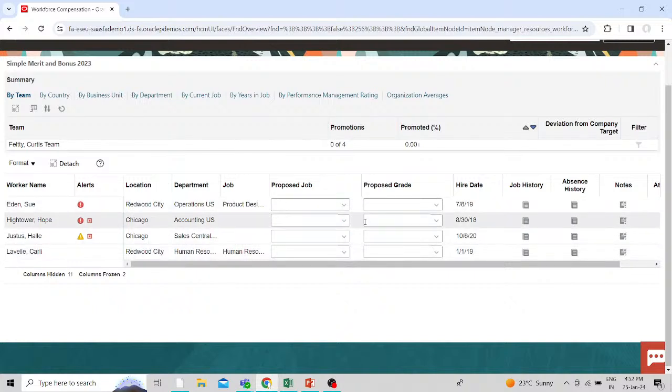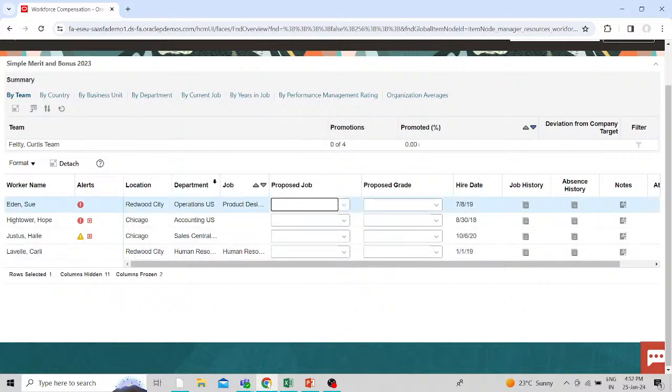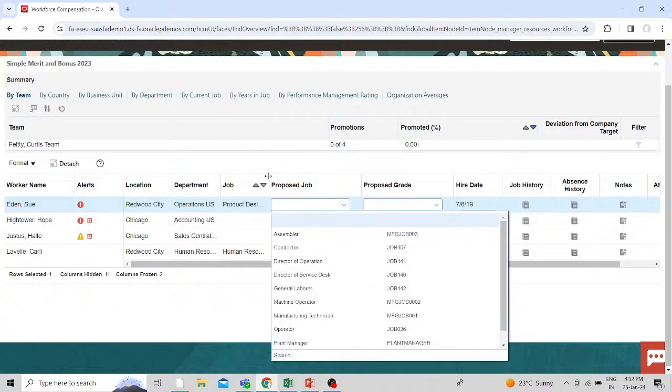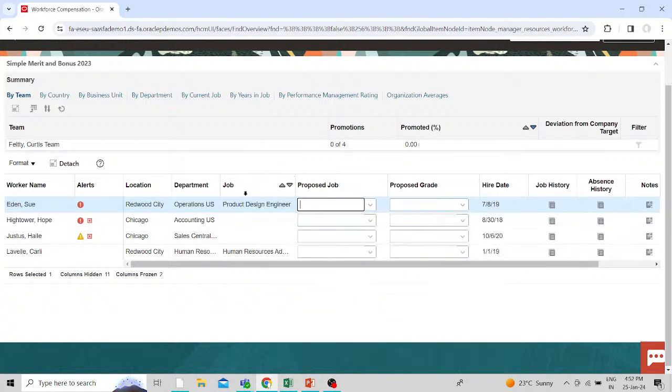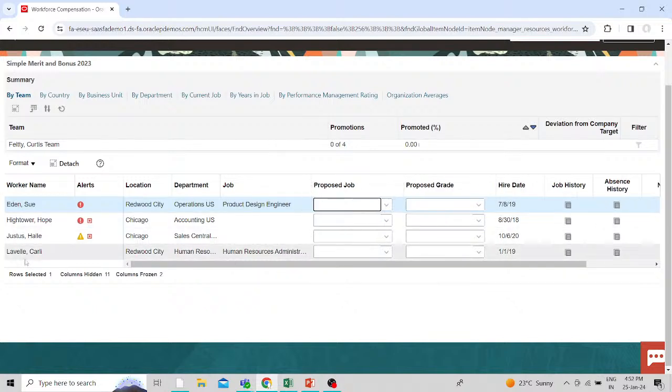Okay, so here you can propose the job. Like currently he is working as a product design engineer, so you can propose a job, if you want to change his job. And here currently he is working as a human resource administrator, and you want to change it to human resource partner. So for that,